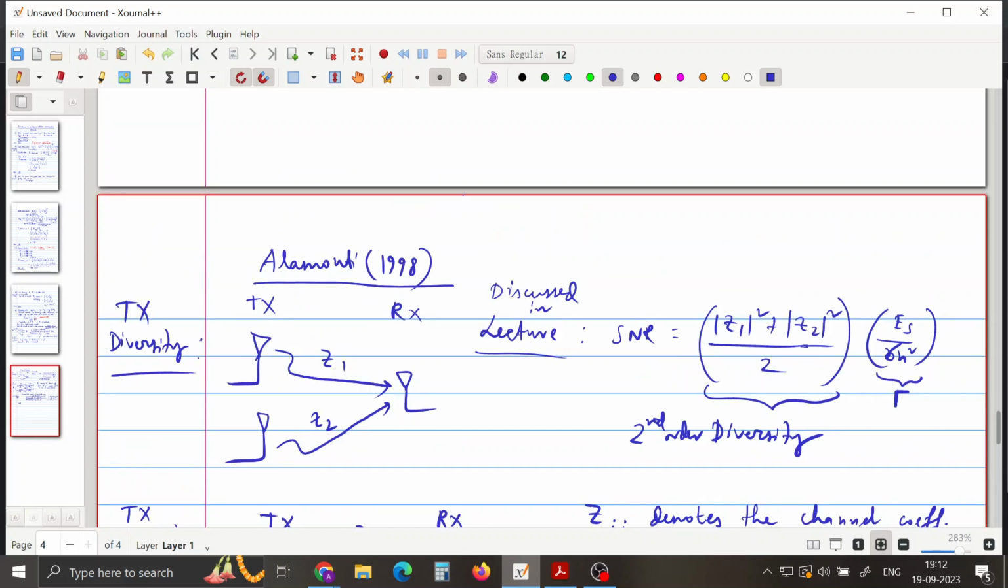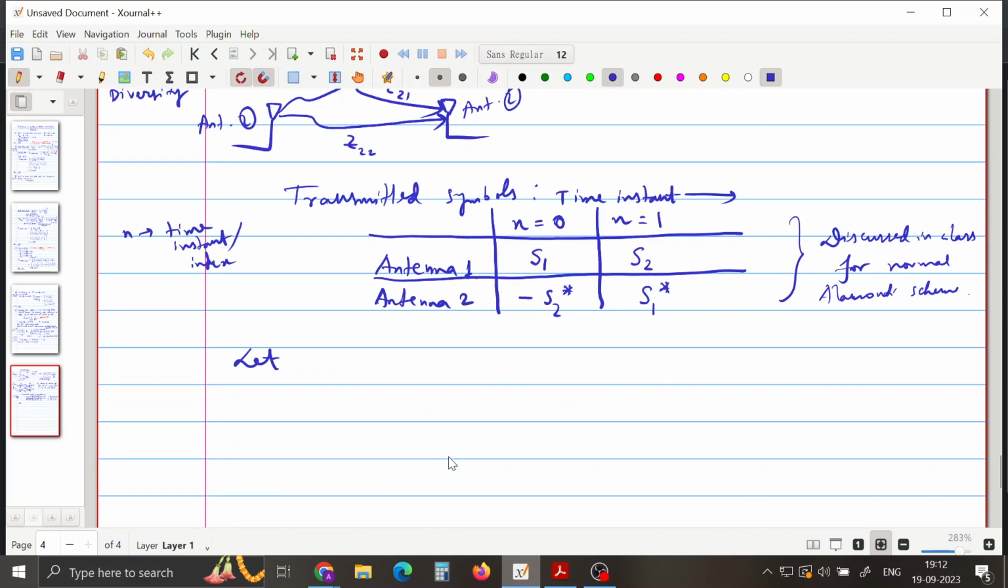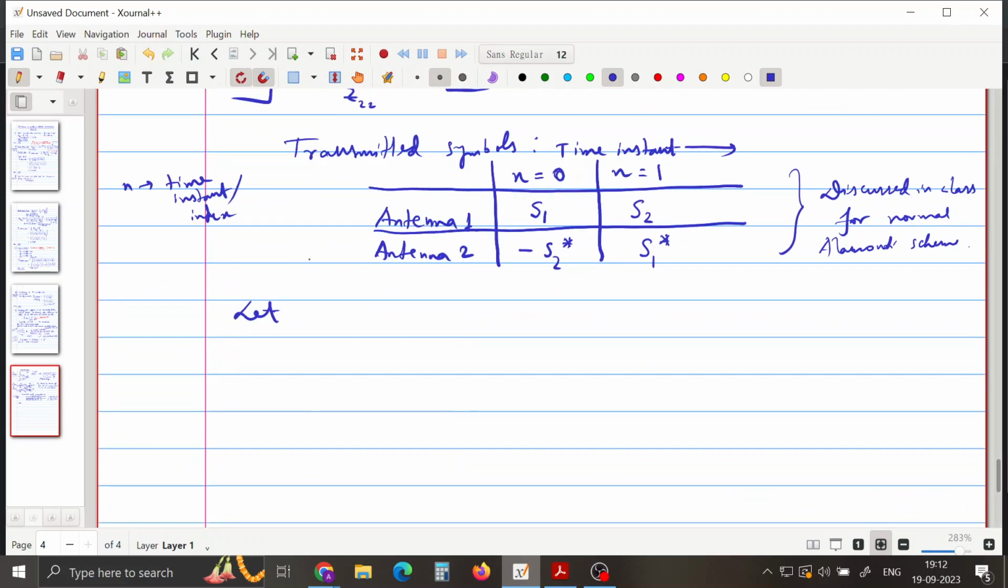Previously there were just 2 channels, and we had just 2 time instants and 2 different equations of the received signal, but here we will have 4 such equations. So let me denote R_i of n. Let me rewrite, my handwriting is terrible. Okay, let us denote R_i of n,